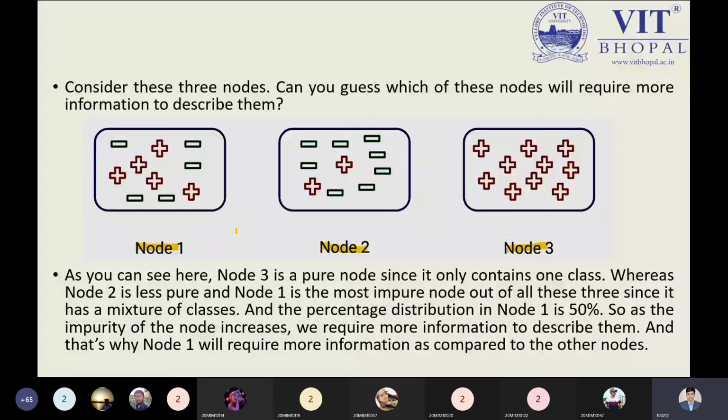How much do we have in node 2? Same kind of data, 80%, because negative data is coming 80%. So 20% of the data is not matching. Here in node 2 we have 20% impure data. That is the point.